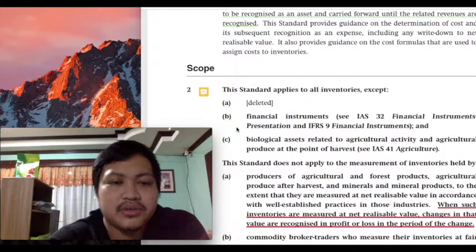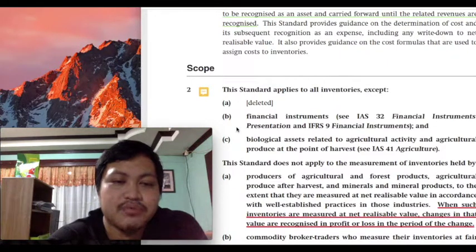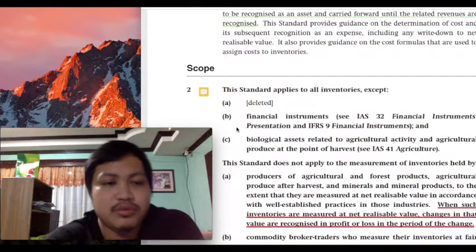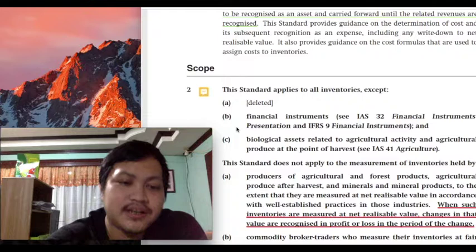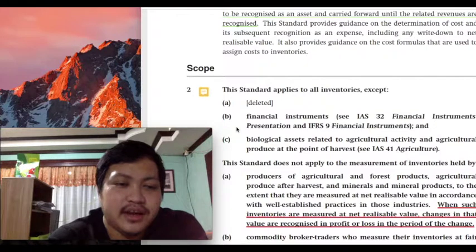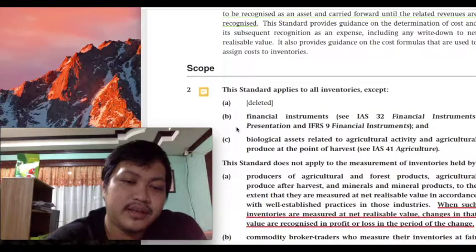So this can be a source of a multiple choice question already, class. We have 3 items here. You will be asked, which of the following is covered by PAS 2? So of course, 3 out of the 4 choices would be wrong, and you would expect that 3 out of the 4 choices would be your biological assets, your agricultural produce, and your financial instruments. And definitely, an asset that is held for sale that is not one of those 3 excluded items should be your answer.